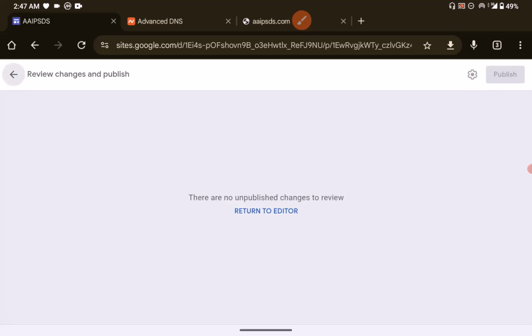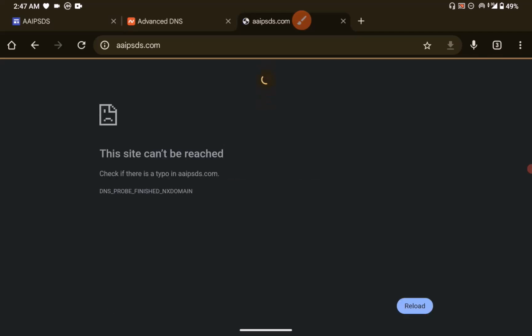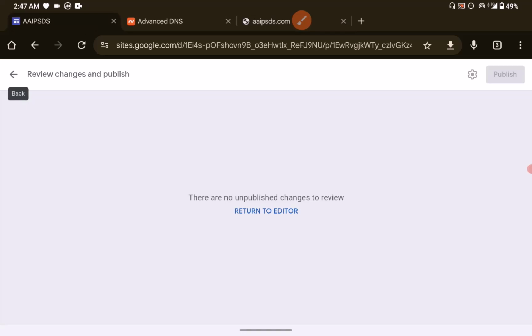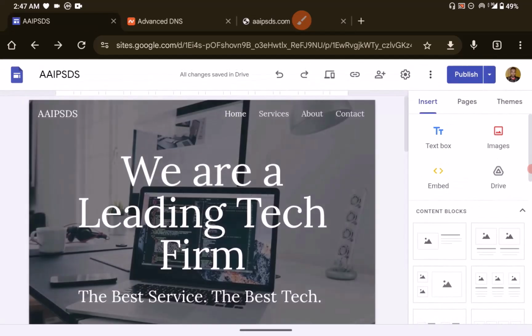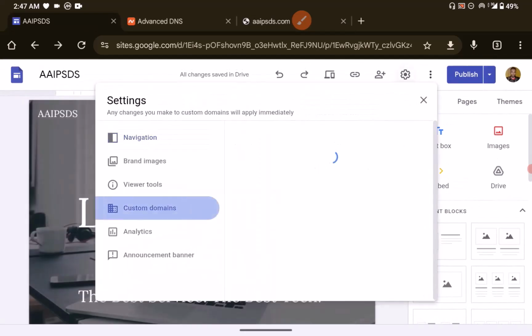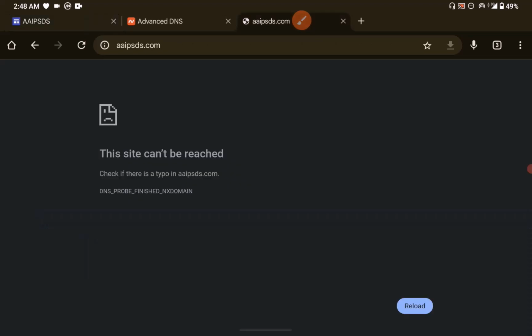So let's just refresh this page and see if that is working already. We are going to wait for that to start working. Now all we have to do is check the settings, check the custom domains. As you could see, we've assigned www.aipsds.com. All we have to do now is wait for it to load, and that will take about 30 minutes to 1 hour. But before the end of this course, we'll be able to access the website from